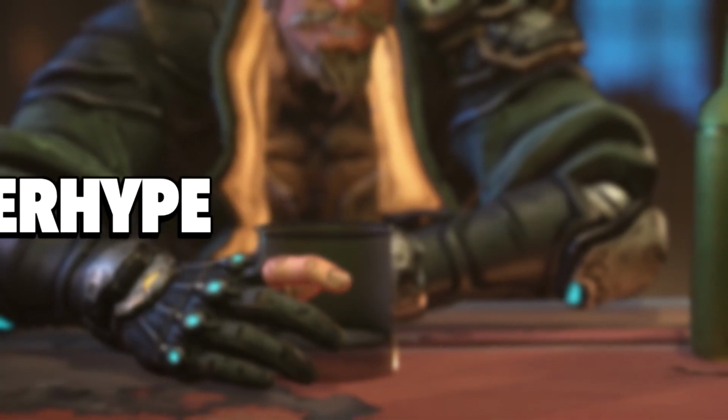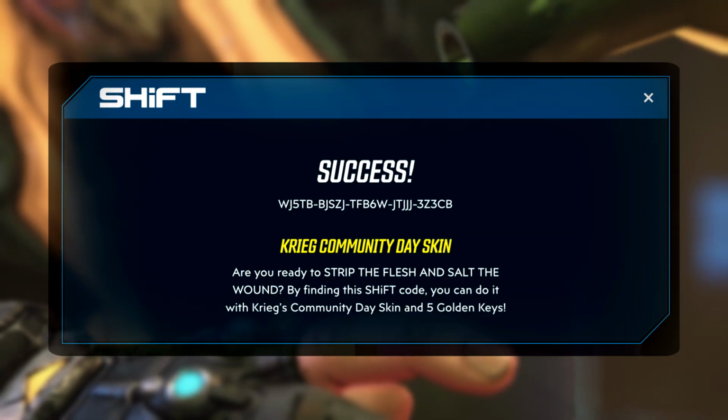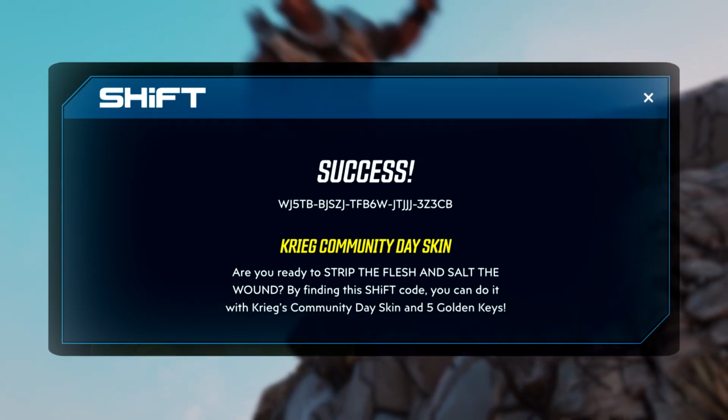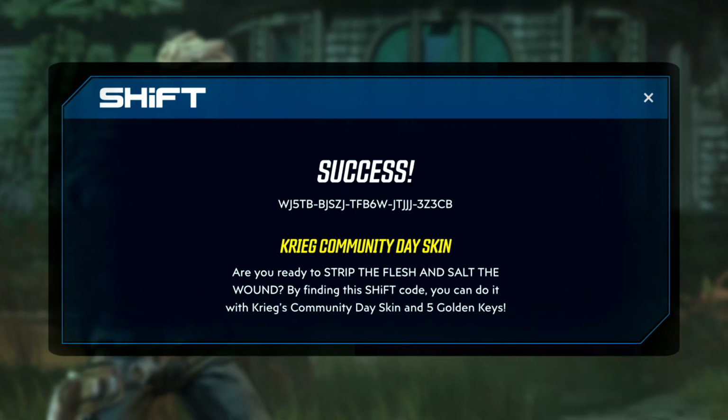The one thing worth mentioning from the trailer is a shift code that was actually hidden within the trailer itself. The shift code, when redeemed, unlocks the Kree Community Day skin in Borderlands 2 and gives the player 5 golden keys. The code is